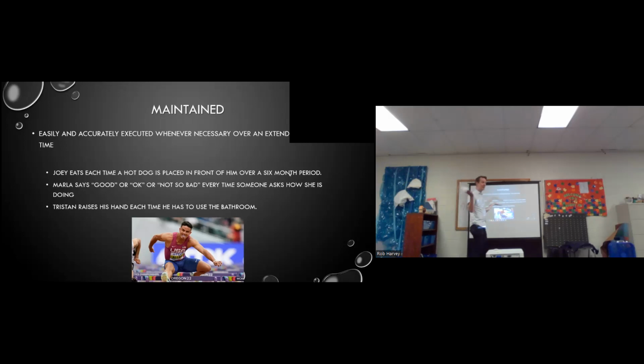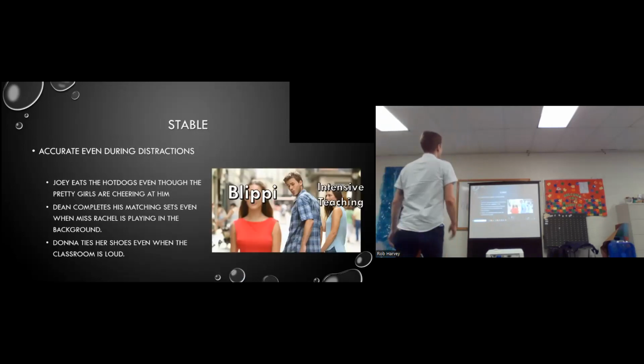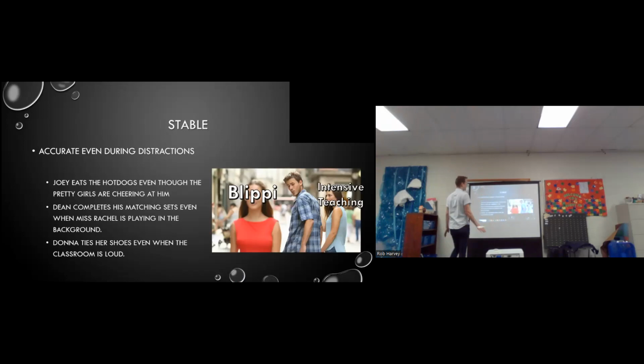You can see where this can do versus does do. Oh, well, Lindsay says hi at the table, so why isn't she doing it elsewhere? Well, because it's not maintaining, it's not a fluent skill. So it might be accurate, okay? Stable. This is one of my favorite of the things, and it's very important. And I feel like if we were all sitting in a big room, this is one I thought you guys would love.